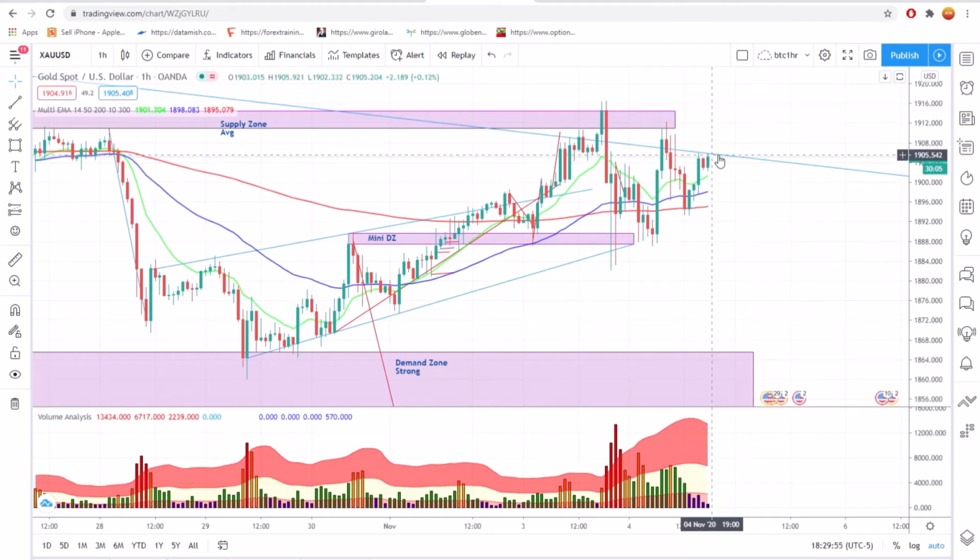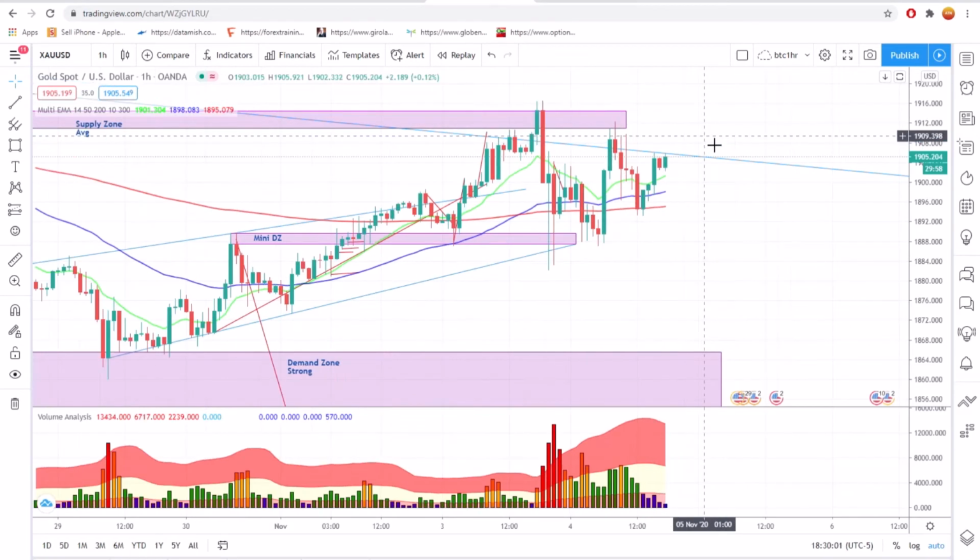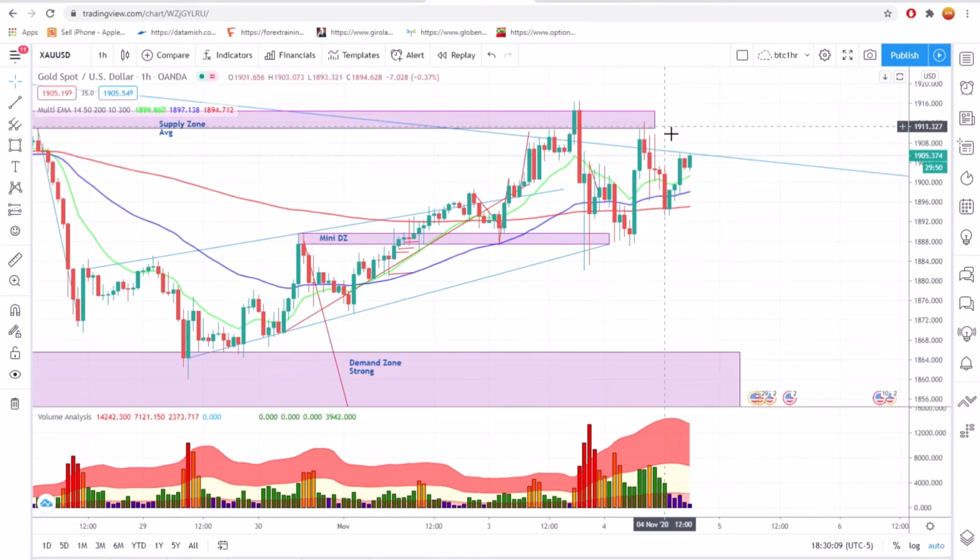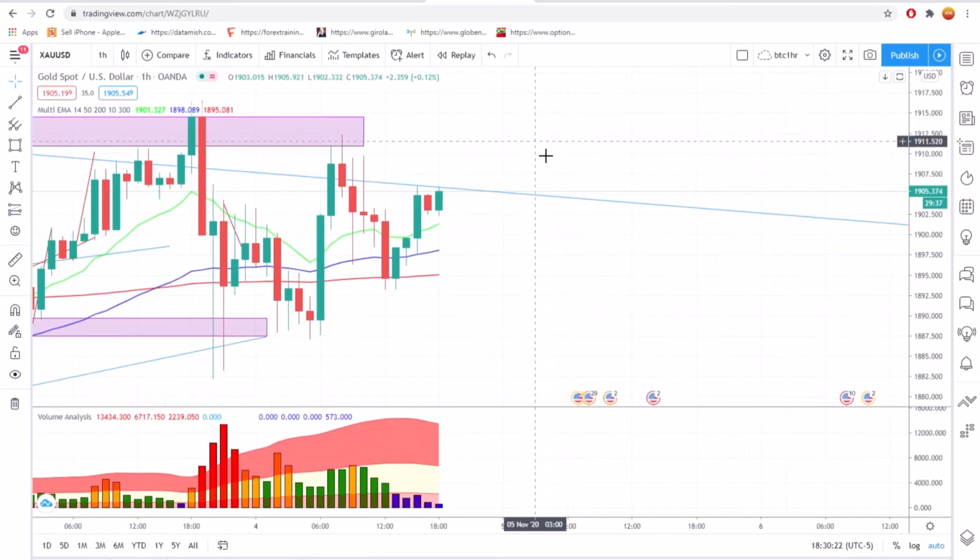I won't sell, I won't buy here. I need zones that are strong because of the fact that we have elections coming in. If this was an election day, there would be way different ways to sell this. For me, it would be more of a short, but I would look, but not during this time of day. Anyways, this is the level we're going to look at. If price gets back up to here again, which it's looking like it might, because of the fact that we are having